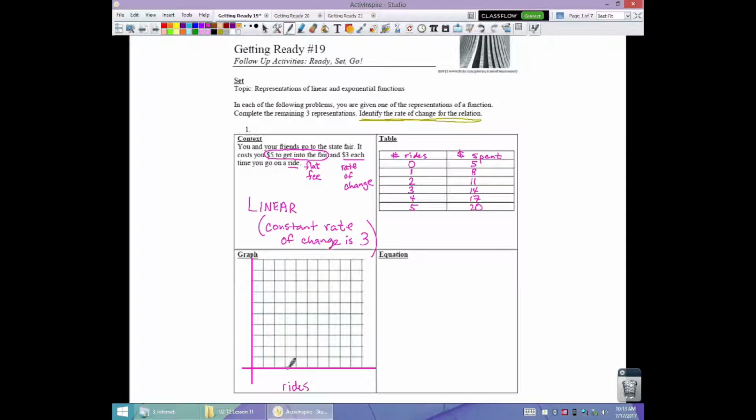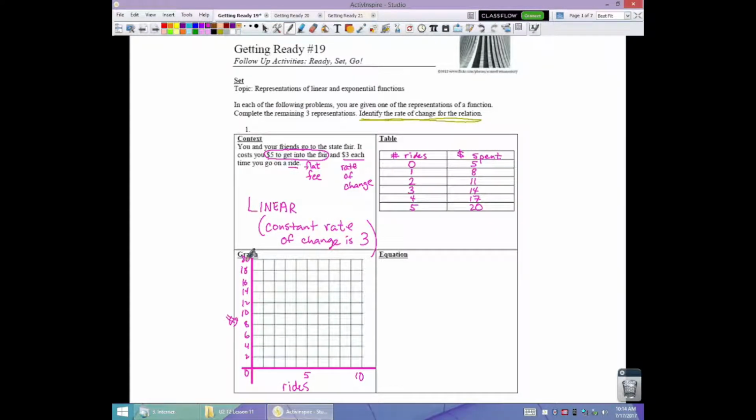So 0, 1, 2, 3, 4, here would be 5, 6, 7, 8, 9, 10. All right, the dependent variable, the y-axis, would have to be money spent, and I need to be able to get to at least 20, just to plot the points that are in my table. So I can count over here by 2s, 2, 4, 6, 8, 10, 12, 14, 16, 18,